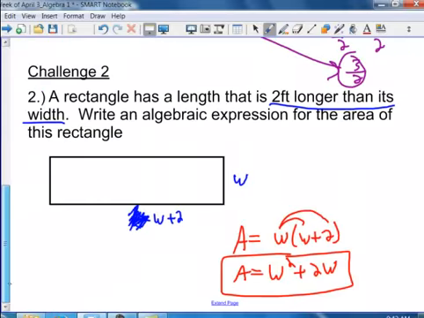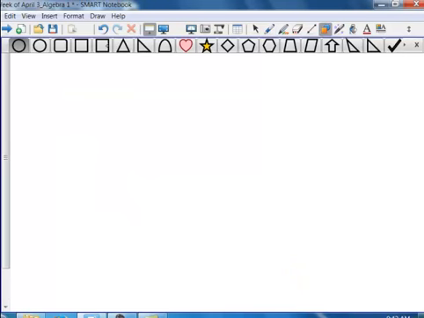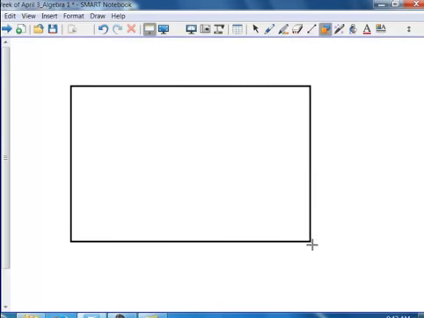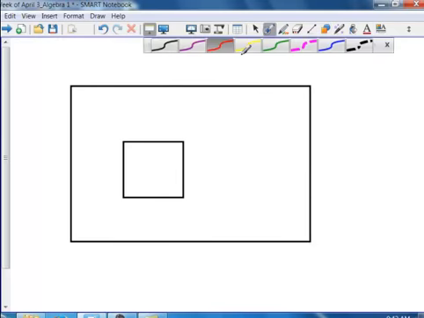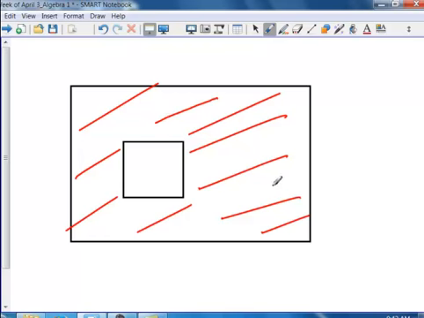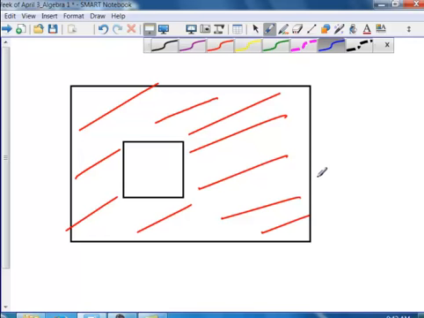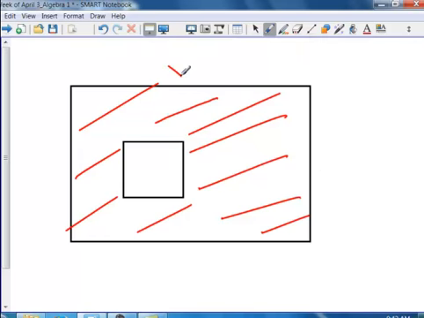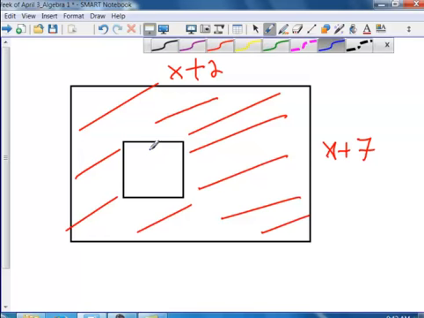There might be a little bit more complicated type that we'll go over quickly. You might have to do something along the lines of this. Find the area of this region right here. Okay, so this is kind of like a donut, right? Well, if you're going to find the area of that region, you're going to want to find the area of all of this. So let's say this was x plus 2 times x plus 7. And let's say this area was just x